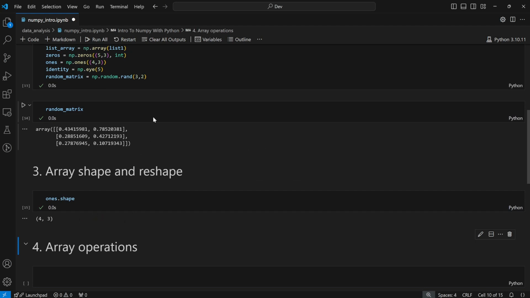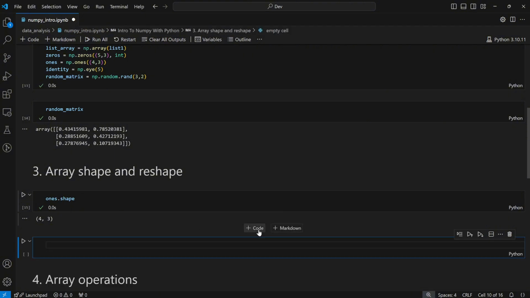And if we come back here, we see that we defined ones as an array with 4 rows and 3 columns. But then, if we already know the shape of our array, and instead we're interested in reshaping it, there's a NumPy function called reshape that can enable us to do just that. Let's say we want to reshape our array of ones. To do this, we're going to call ones.reshape, and then we're going to pass a parameter for the new shape